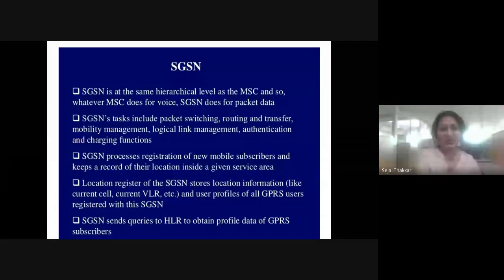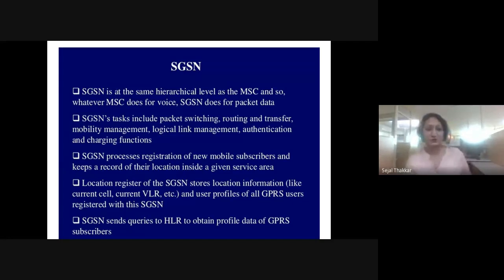The location register of SGSN stores information like current cell, current visitor location, and user profile of all GPRS users registered with the SGSN. So SGSN sends a query to the home location register to obtain the profile data of the GPRS subscriber. The home location register has to maintain the detailed profile.